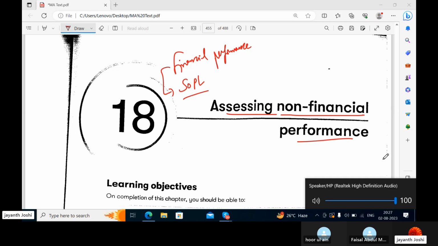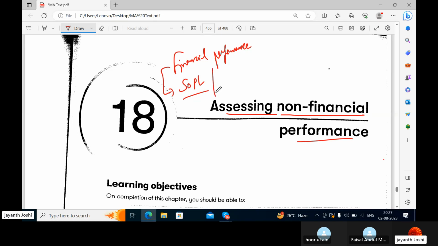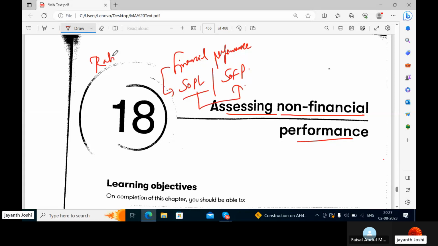You can also know the actual position of the company's wealth or obligations by checking the statement of financial position. These two can be the sources to check the financial performance, and as well you can check the financial performance of a company with the help of ratios, accounting ratios. We have already done that in the book, like FA, financial accounting subject.